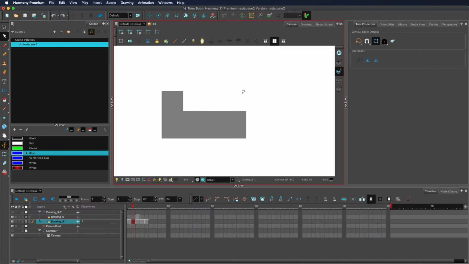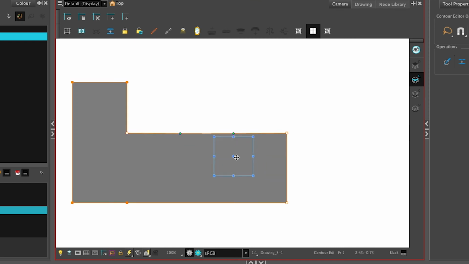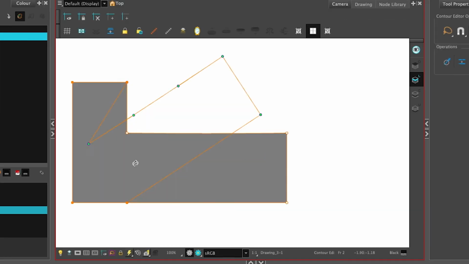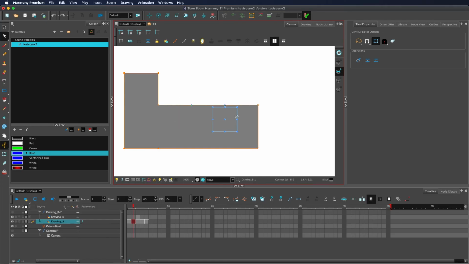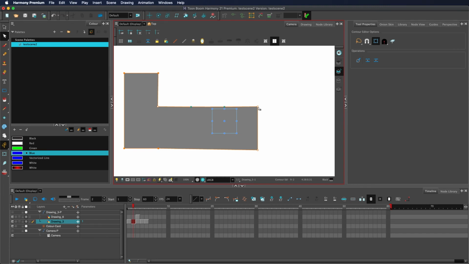If you would like to change where the scale or rotation happens from, or in other words change the pivot point, hold down on this little blue circle in the middle of our blue box and move it. This is the pivot point, so if I move it down here, you see all changes now happen from that pivot point. Keep in mind that to move the points, you do not do anything with this blue square. You still drag on the points themselves. This button is only for rotation or scale.